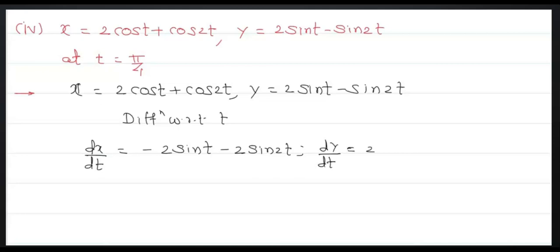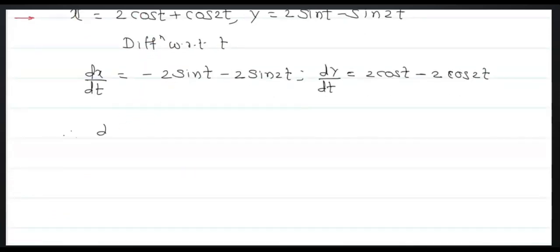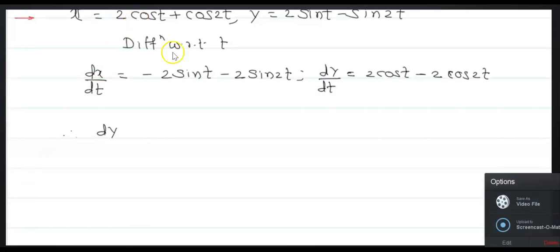Therefore, dx upon dt is equal to minus 2 sin t. That is the derivative of cos t. See this here. Derivative of cos t is minus sin t, and derivative of cos of 2t is minus sine of 2t into the derivative of 2t. Derivative of t is 1, that is 2 into 1, 2. And here is a 2. dy by dt,